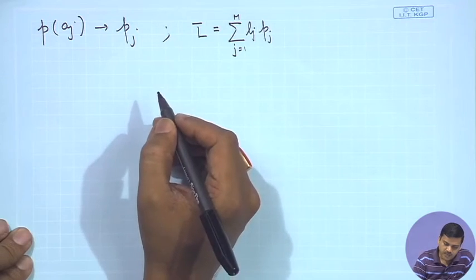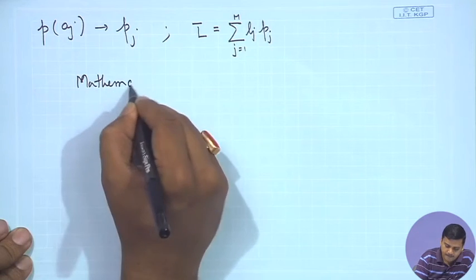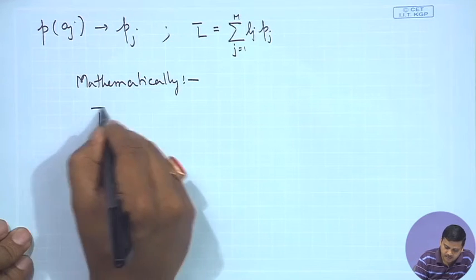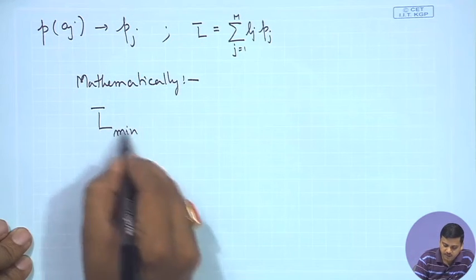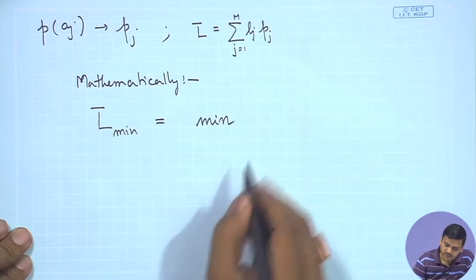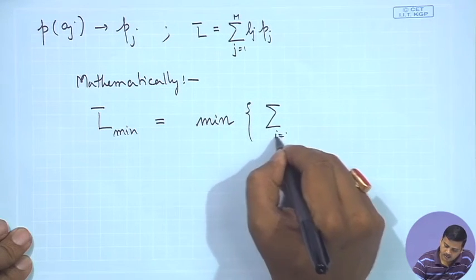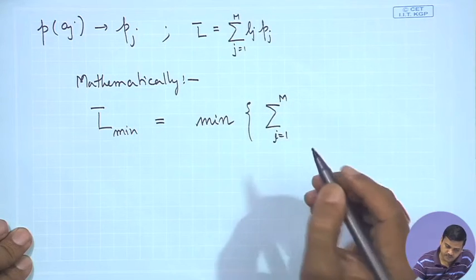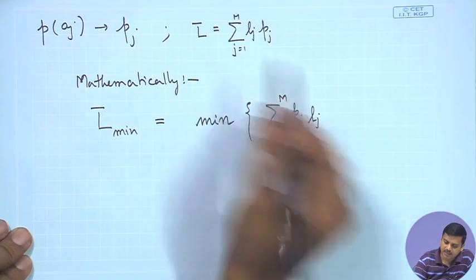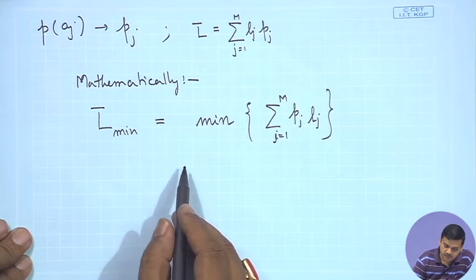Now, what we have is that this particular problem of minimizing, mathematically, you can state that L bar min, that means the minimum value of L bar, is equal to the minimum value of this sum, j equals 1 to m, let us say P of j times L j, or L j times P j, does not matter. So, basically you are trying to minimize L bar, but you have the constraint that